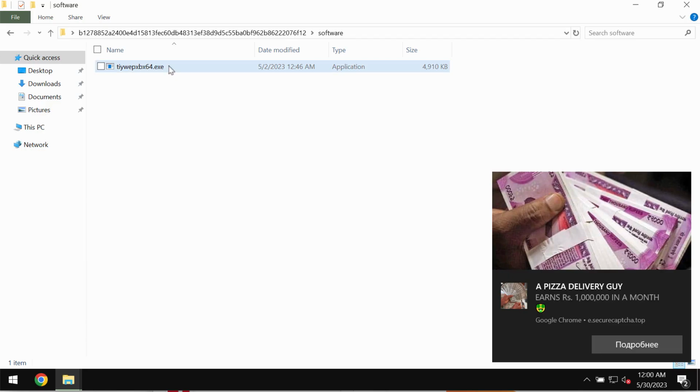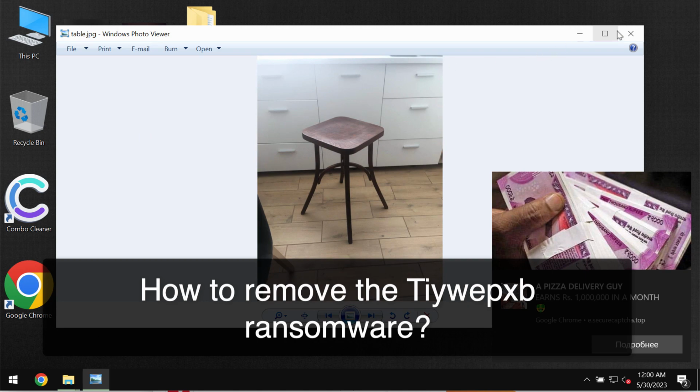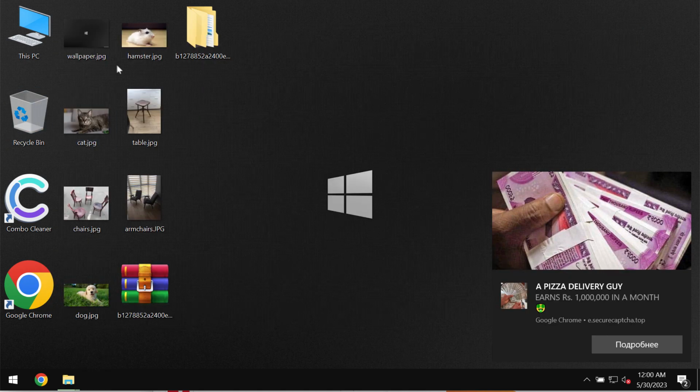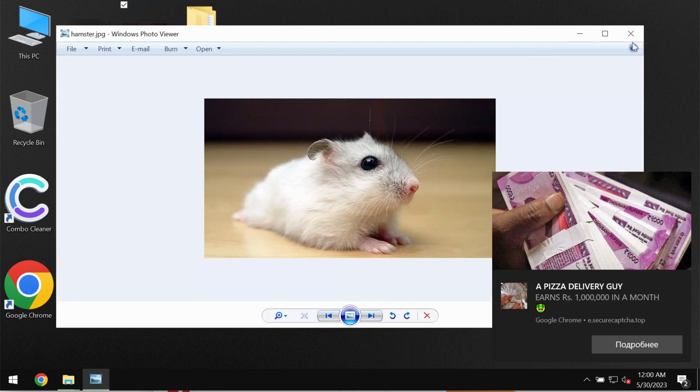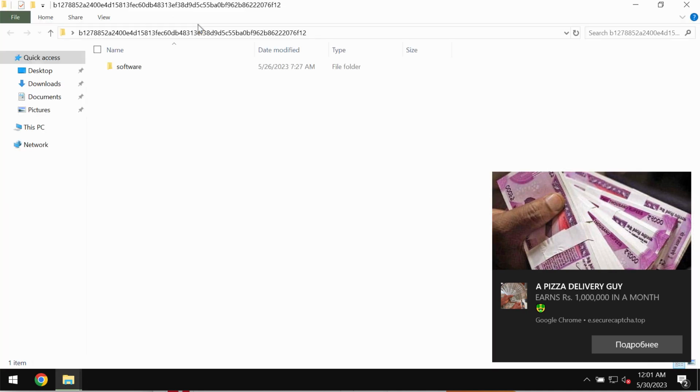My video tutorial will provide you with help to get rid of the ransomware called Tiywepxb. This is the ransomware that is able to considerably damage and encrypt the files that users store on their hard drives. Before the ransomware attack, we don't have any troubles opening any file types, including pictures, music, Microsoft Office documents,